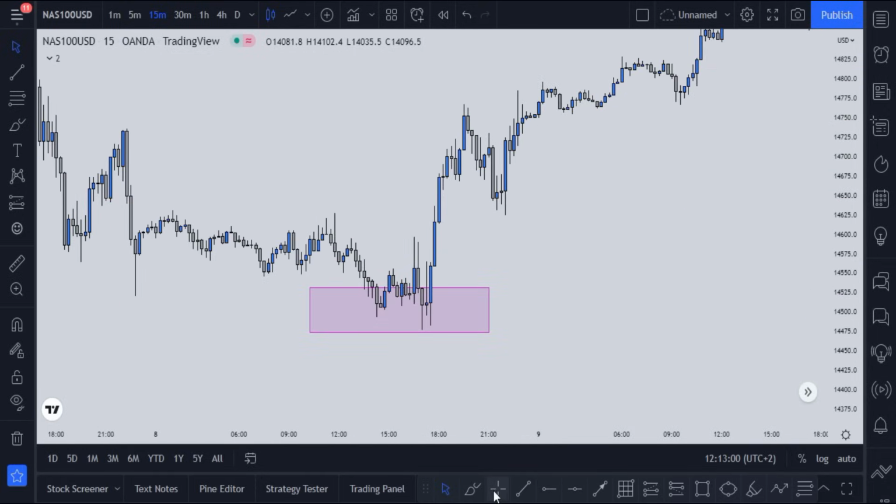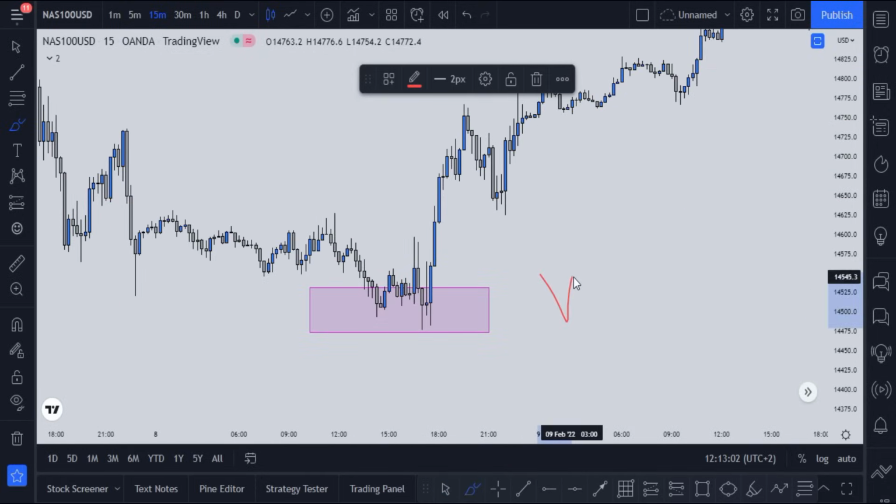So again, here we have one that looks almost like equal legs, which is also another beautiful W formation that we can see over there. So basically it's just the double bottom. And what do we mean by double bottom? We're referring to the price coming back to retest the same level, right? So it doesn't ideally have to look like a perfect W formation, right? As long as it comes back to retest that level, that is what we are looking for,